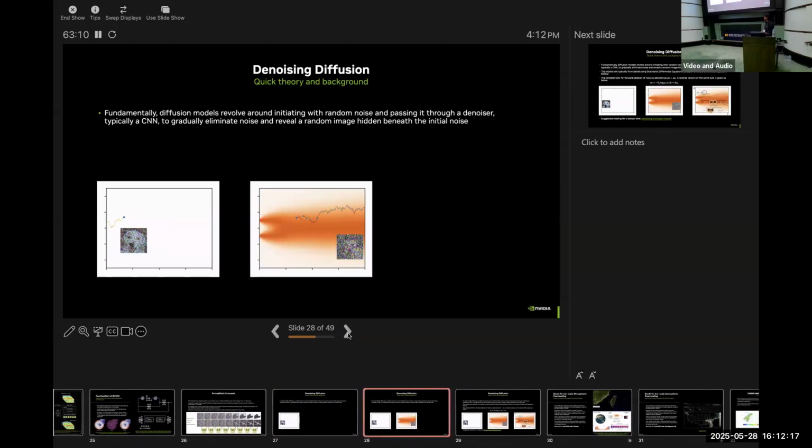And what denoising diffusion does is basically the philosophy is that it is way easier to sample from this space of a normally distributed Gaussian noise, and then assuming that we could do this step-by-step denoising, you could retrieve the original image.